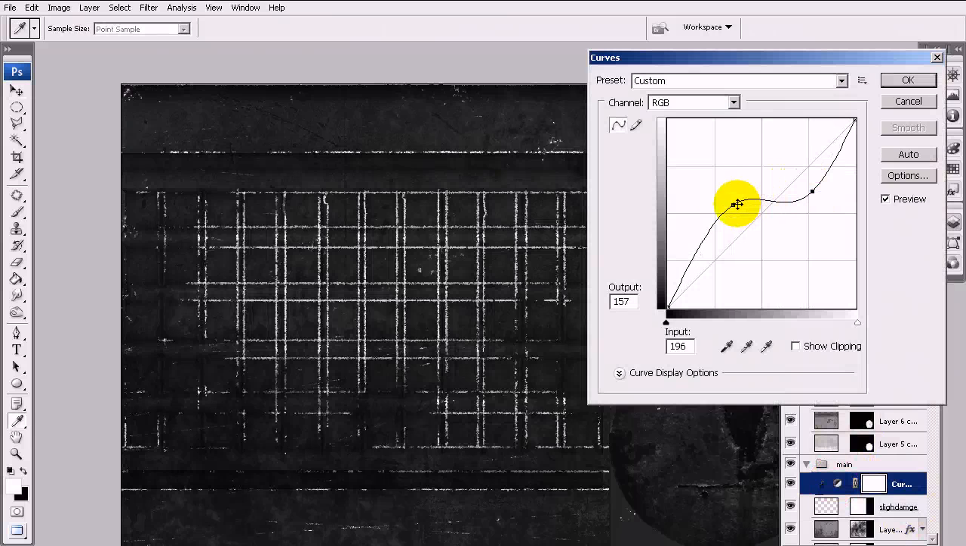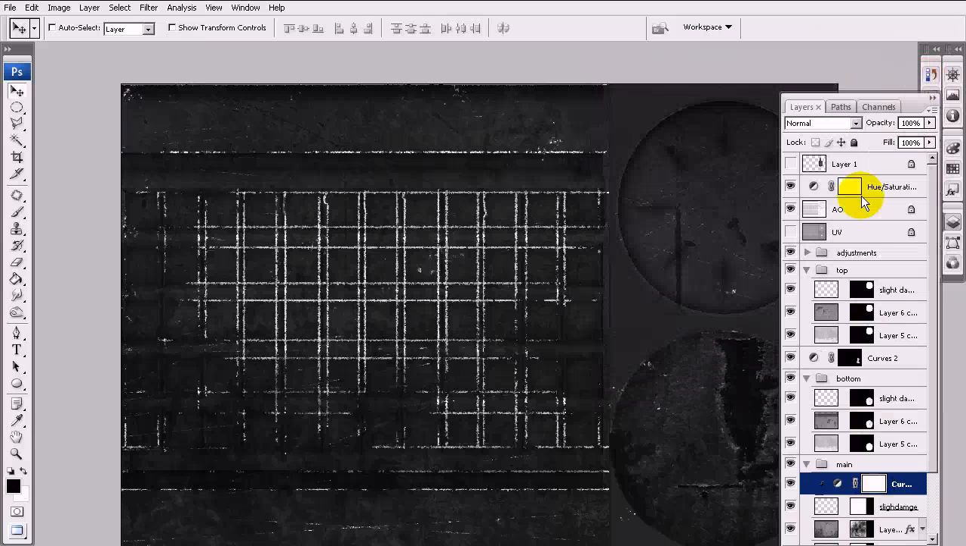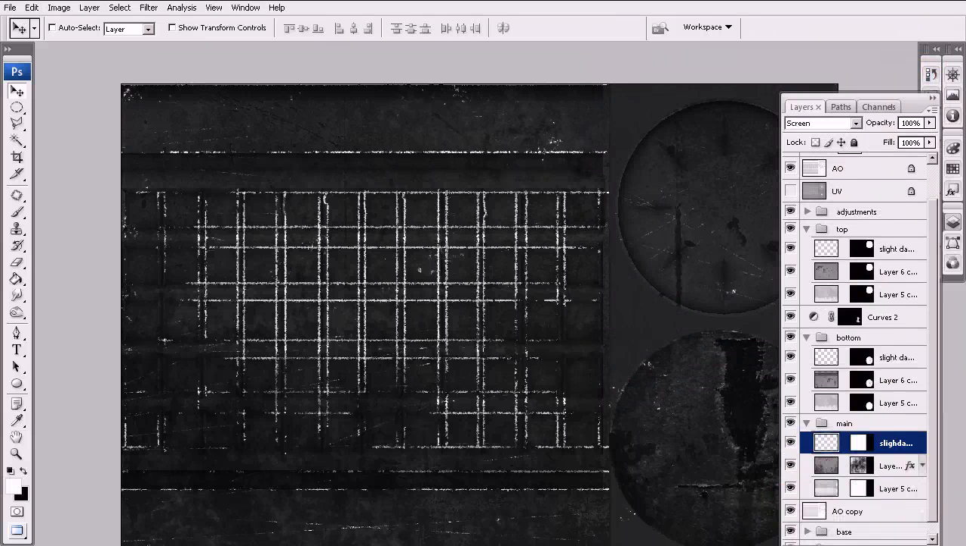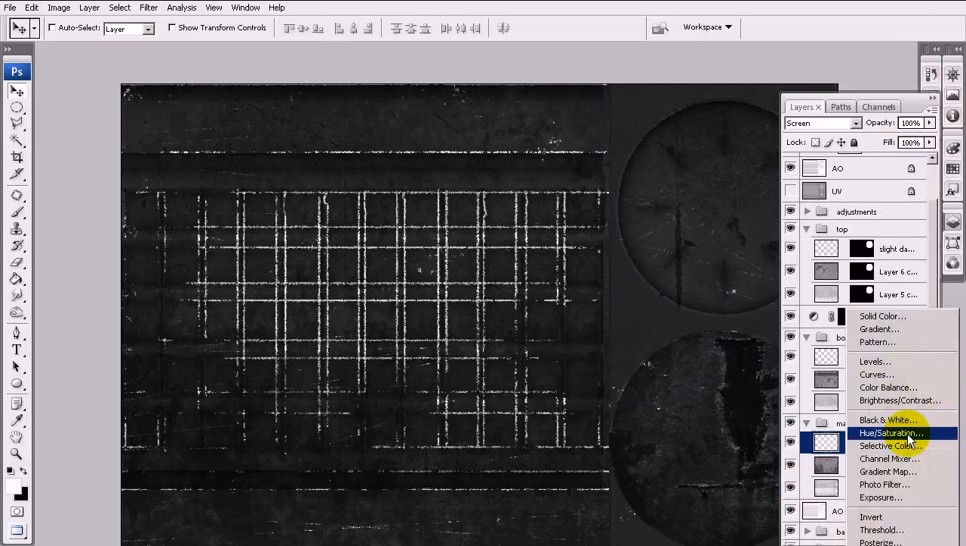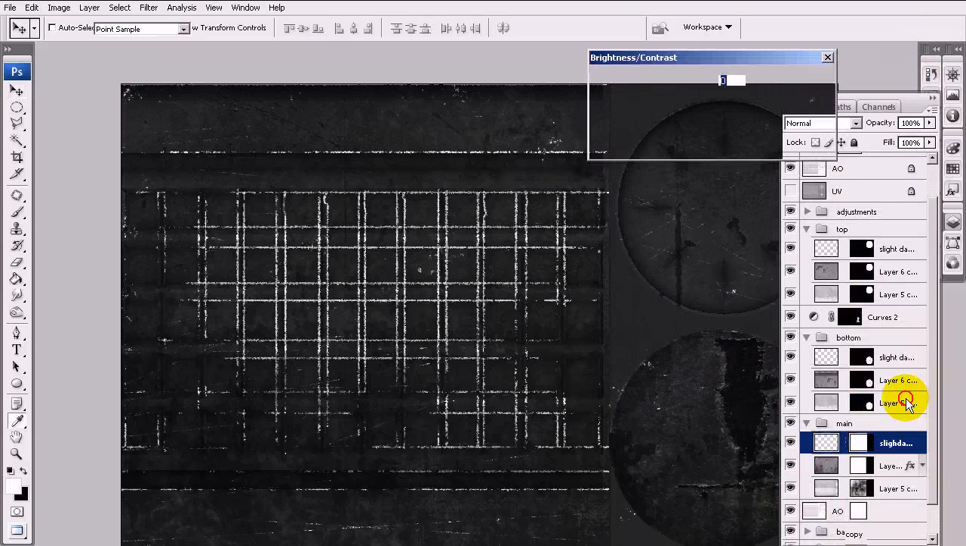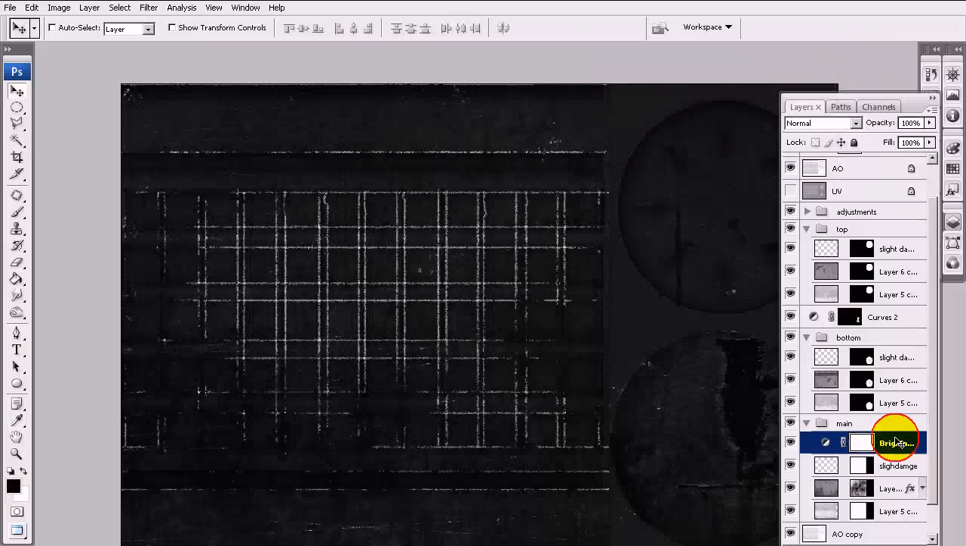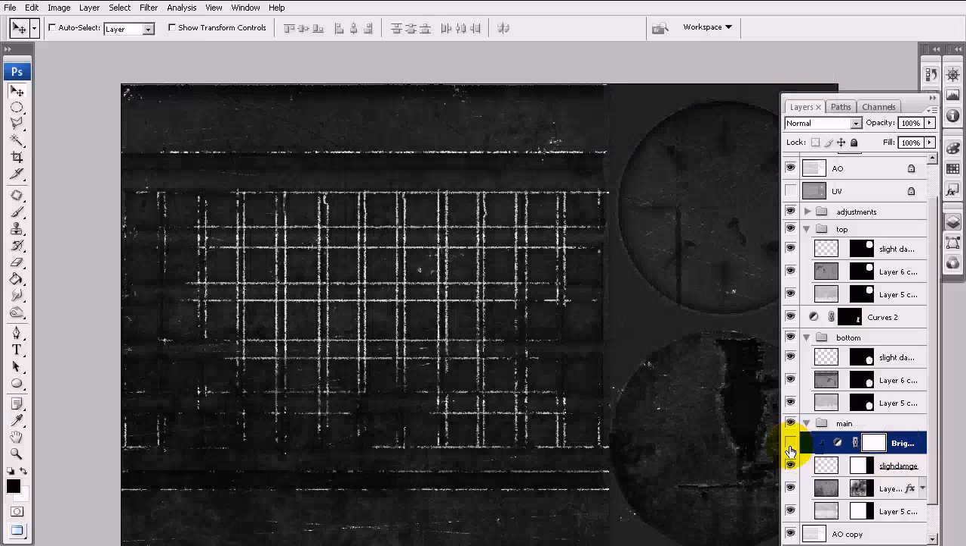Oh, that's not having any effect at all. Let's try some brightness and contrast. Alright, that's much better. Clip mask it. Oh, right. Be better